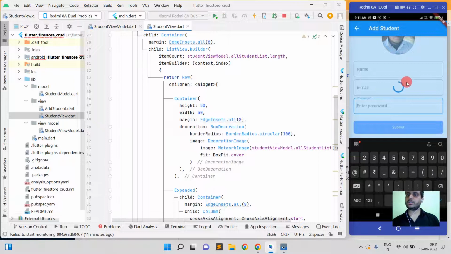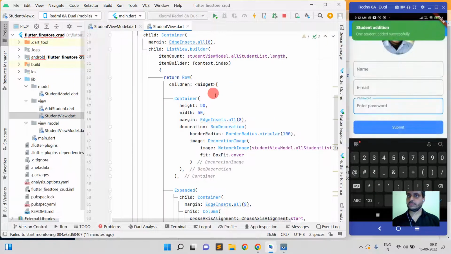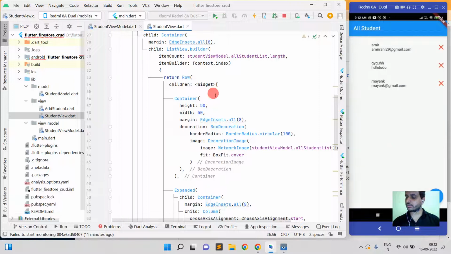Press on submit button and then we can see one student added successfully and then we can see Mayank is also added here. Okay,